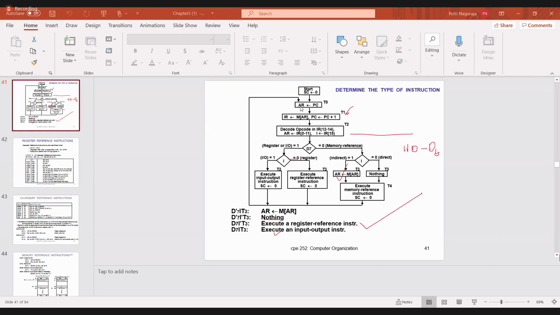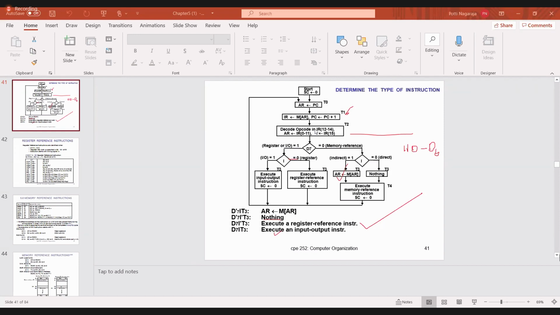Now we have to decode the instruction register. You already know that the 15th bit of the instruction register is called the addressing mode bit. IR bit 15 is transferred to I. Then decode the opcode bits. You have to decode the opcode bits 12 to 14 by using a 3x8 decoder, and based on the opcode, a particular D line will be active.